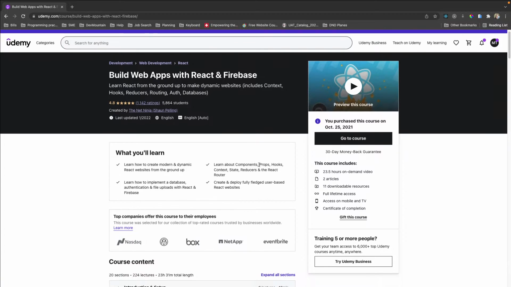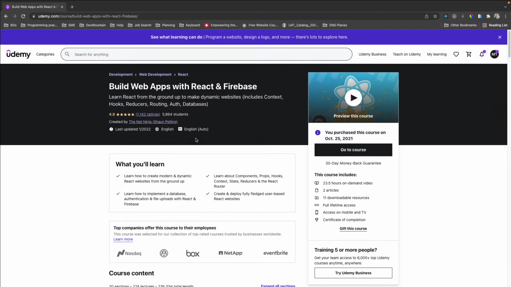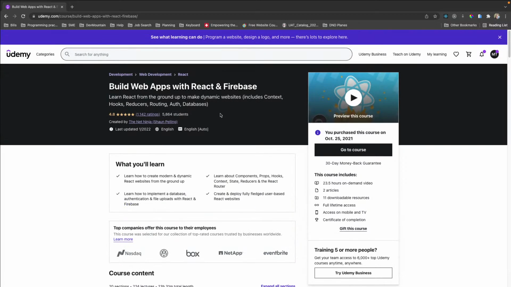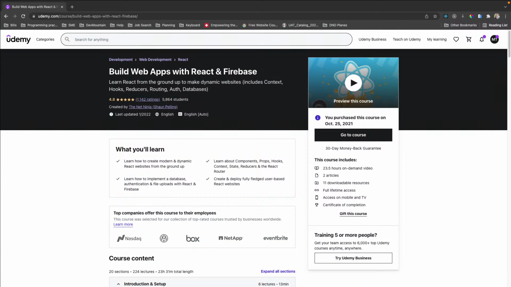I'm not going to show it, but it's Build Web Apps with React and Firebase, just in preparation for a job that I'm working on. I want to make sure that I'm as prepared as I can be, so I want to get through as much of this as I can and really understand how to interact with Firebase the best I can. So that's what I'm working on, and I'm going to go ahead and end the stream. Hope you guys have a great week, or I'll see you tomorrow morning on the next